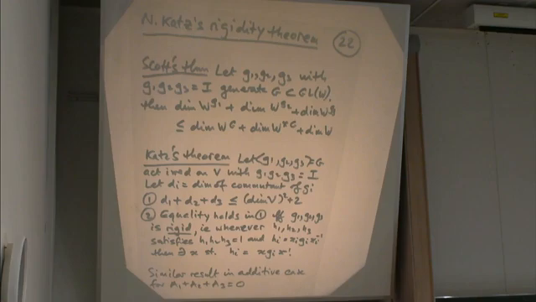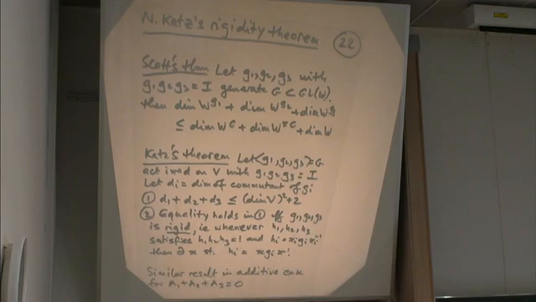theorem of Katz, which says that if you have 3 elements generating a group, as we've had here, and you look at the dimension of the commutant of each element, so you assume they're diagonalizable, and the sum of those satisfies this inequality, well, that's always true. And if equality holds, then you have this rigidity, which says every time you have elements with the same eigenvalue list, so pointwise, and the product is 1, then they're all jointly conjugate.